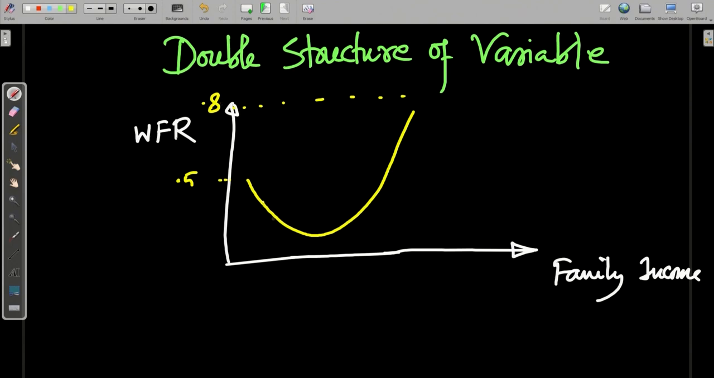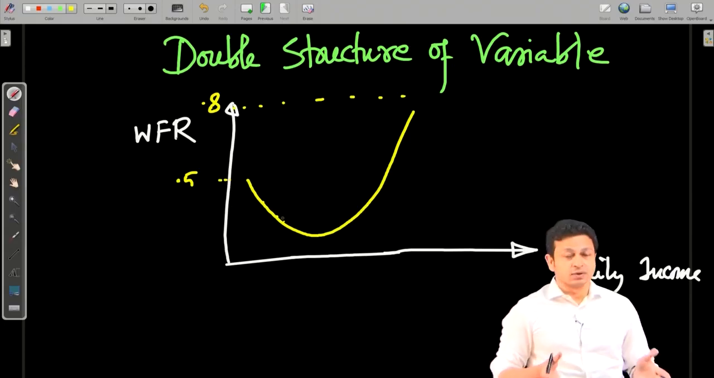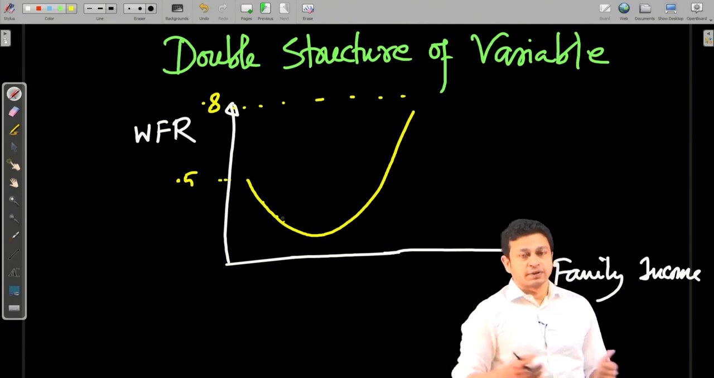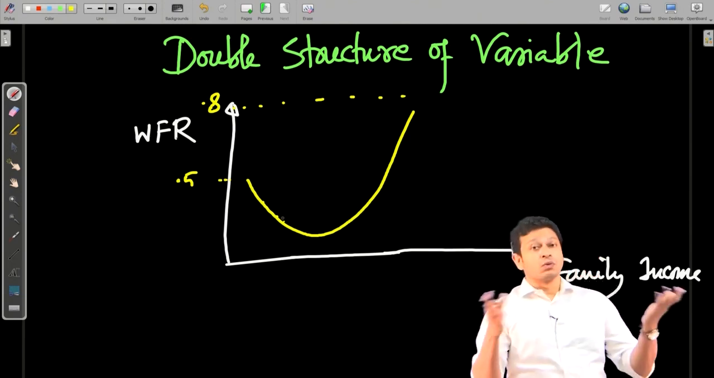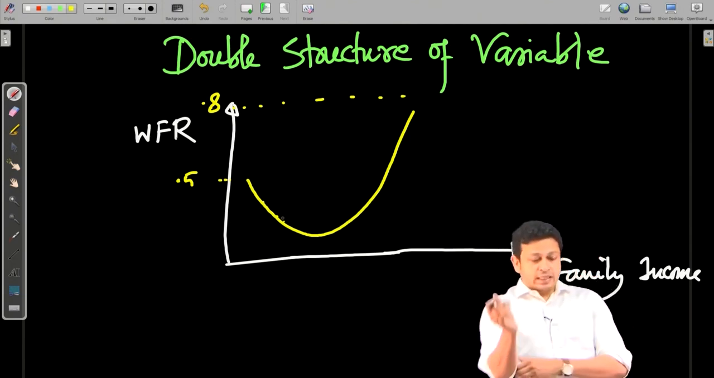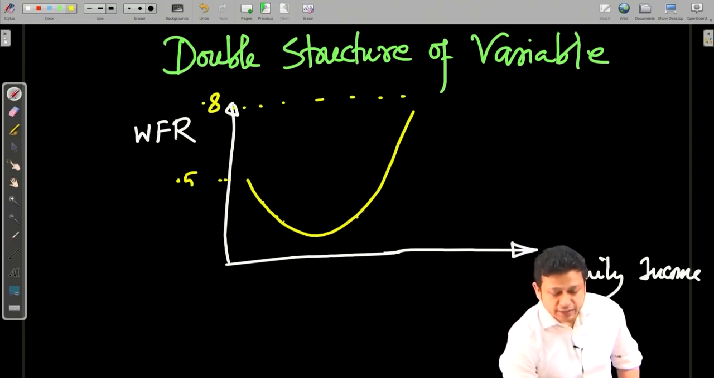Now, it keeps on decreasing, because as and when your family income is increasing, your family members think perhaps that the female folks in the household do not need to do outside work, they can just stay back in the home, they can do their household work, but they do not really need to go out and earn income. Now, when it keeps on increasing,